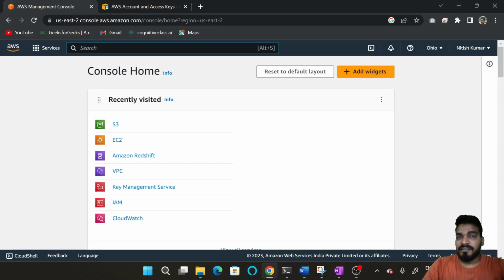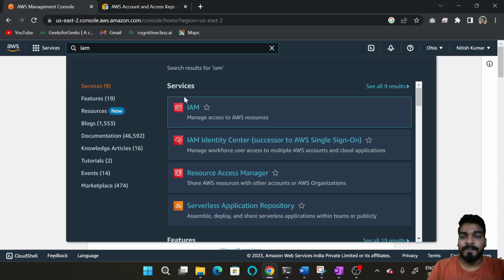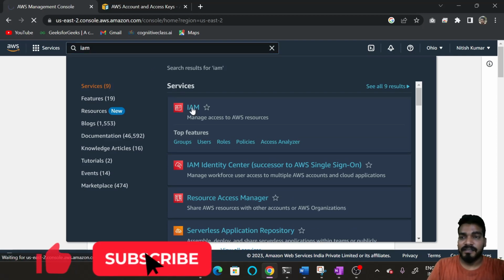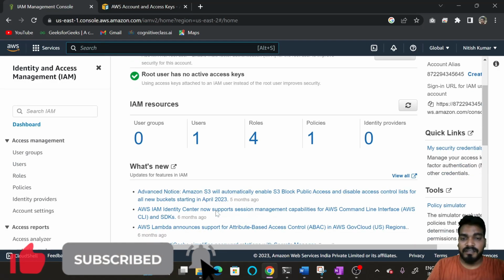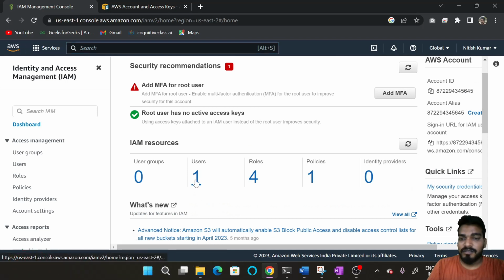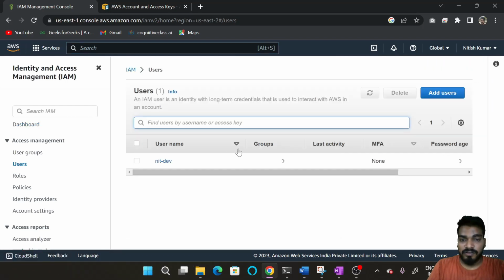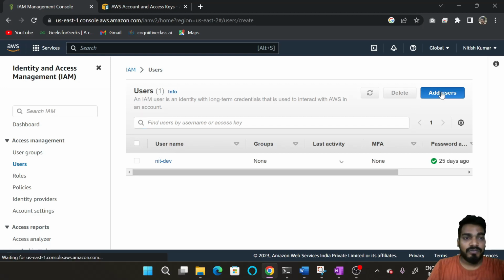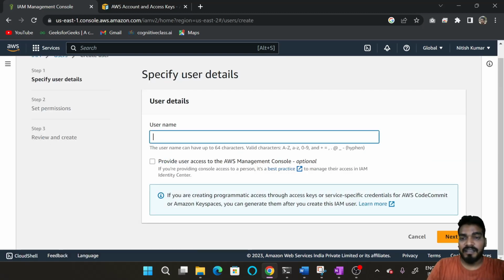So for that, come to the console home in your AWS free tier account and search for IAM. And now click here. Okay, so here now you have to click on users. So you can see that I had already created a user. So I will now add another user and we will write data query. Okay, so data query is the new user,